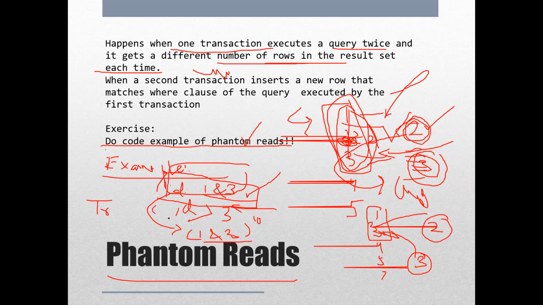But then I had to run that query again, and I come to know that now I have not only two records, maybe I have five records, because there are certain IDs in between one and three which have been just inserted by something. Mohammed, you got the point. So phantom reads, you are right one way or other.